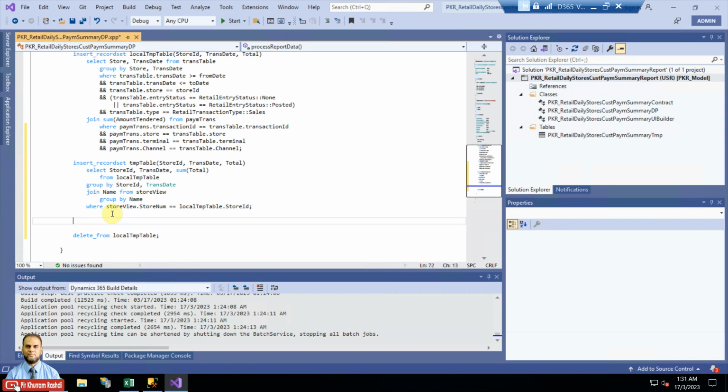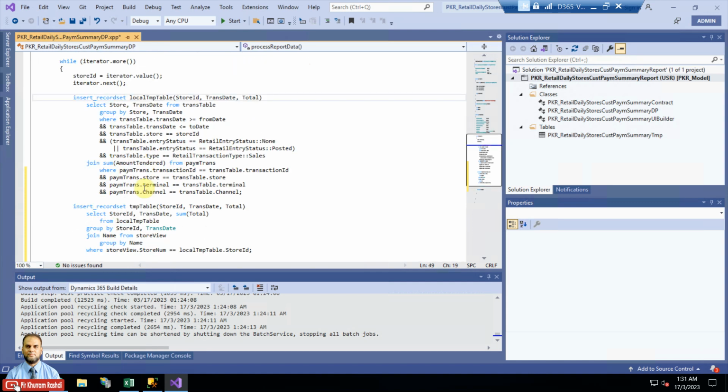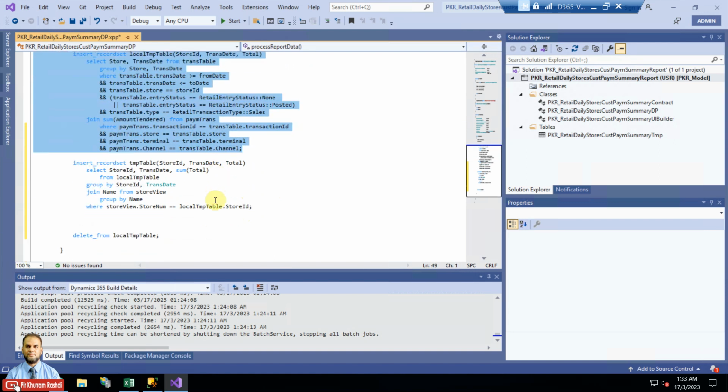So then what we'll do, there are certain values which will be in minus, and that we will pass in an update record set for that. So this we will do in the end. First we need to do insert record set for all of the payment method types. So now what we'll do is basically copy all of this, the total statement,